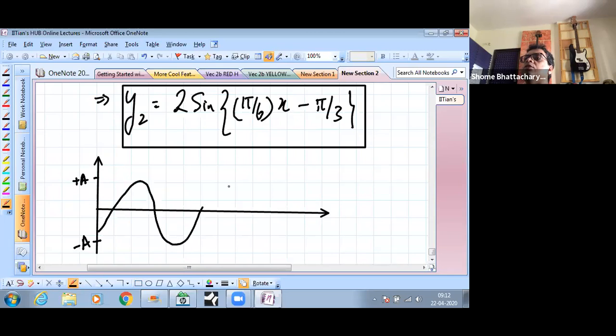Because at x equal to 0, you can see it is sine of minus pi by 3, so minus 60. So this point here is actually minus root 3 by 2 a. Okay, so that is what the wave shape is looking like at